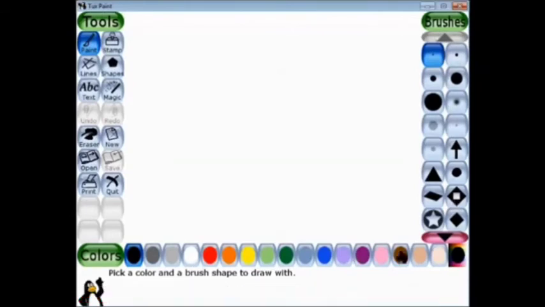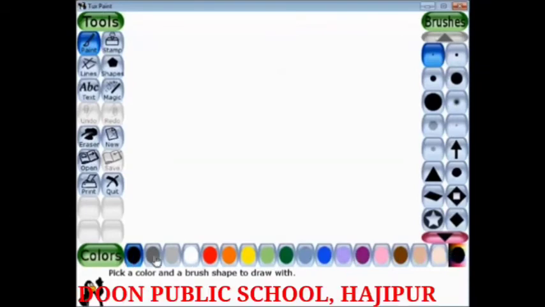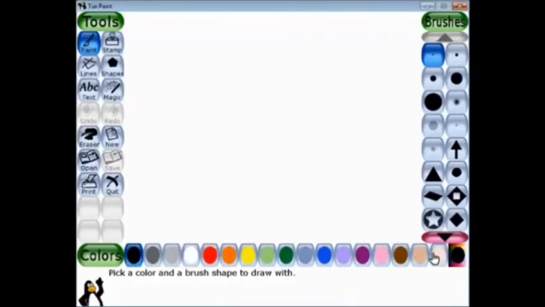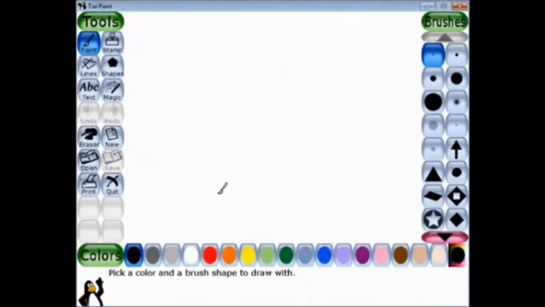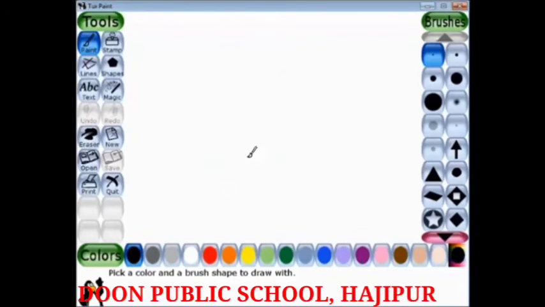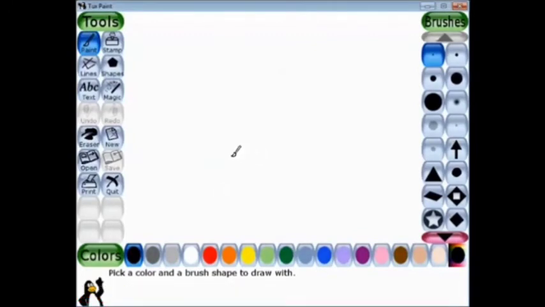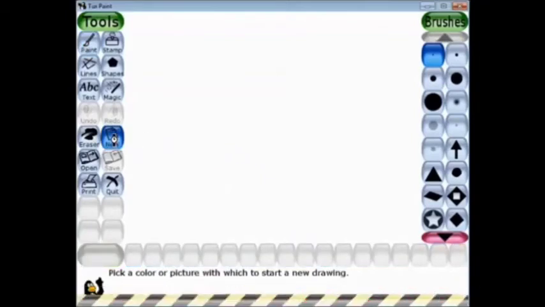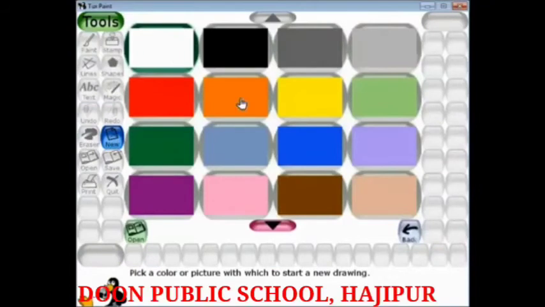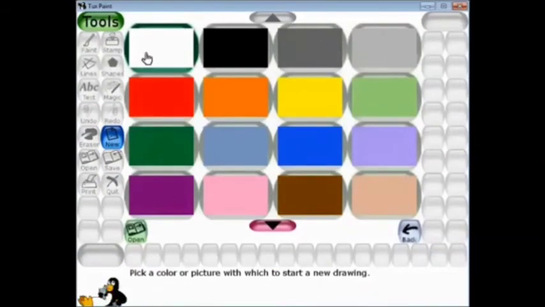At the bottom of your screen, there is a color palette. A lot of colors are available. You can use them while making the drawing. This white area in the center is your drawing sheet. Before we start drawing, let's take a new drawing sheet. Whenever you want a new drawing sheet, you need to click on the option called New. Just click on it. Now these are the various drawing sheets available to you.